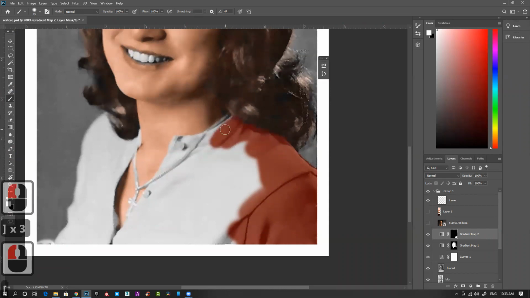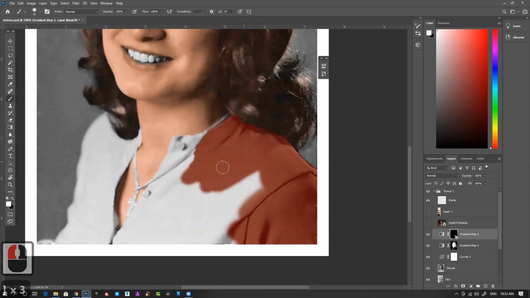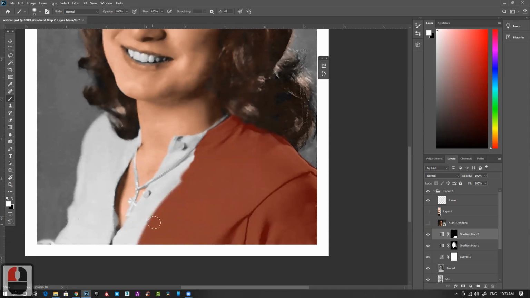Pay good attention and make sure all the borders and lines are really nicely covered. Just quickly fill it, as we are running out of time.